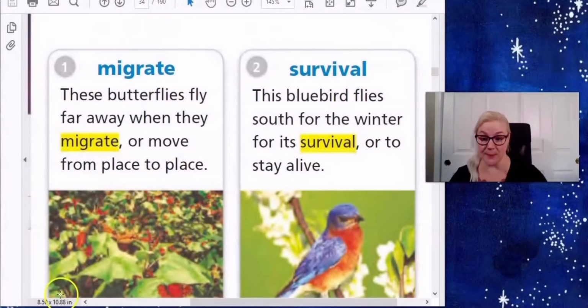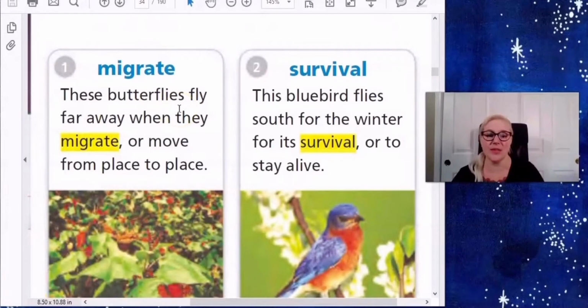So, this week's lesson, Journeys Lesson 22, is the story The Journey Stories of Migration by Cynthia Rylant. You're going to read this story after we do this video and we go over the vocab and go over our spelling words. The question of the week is, why do animals migrate to other places? Our vocab words are actually super helpful in answering this question. So let's take a look at those.